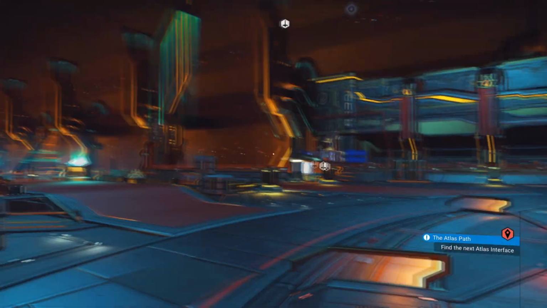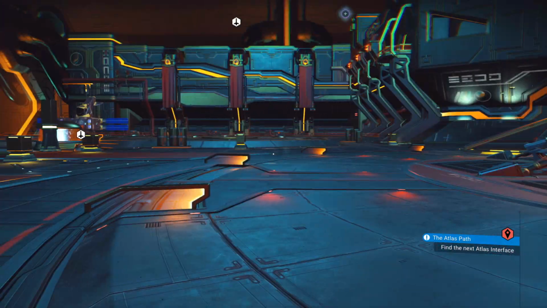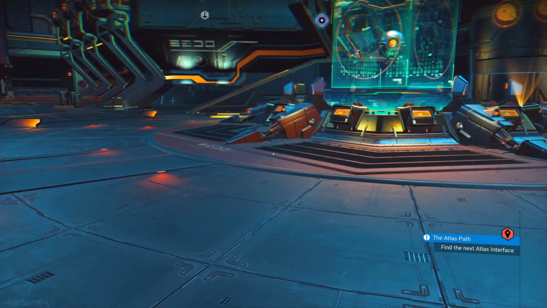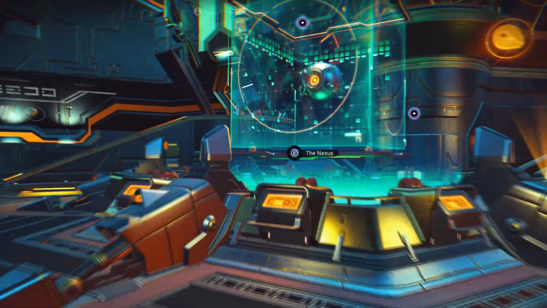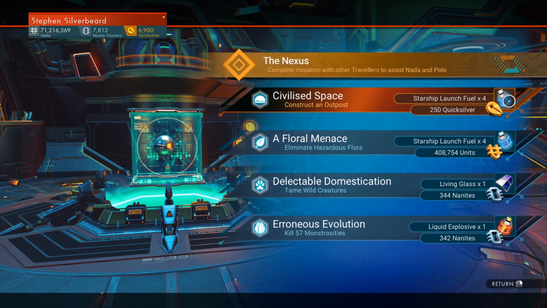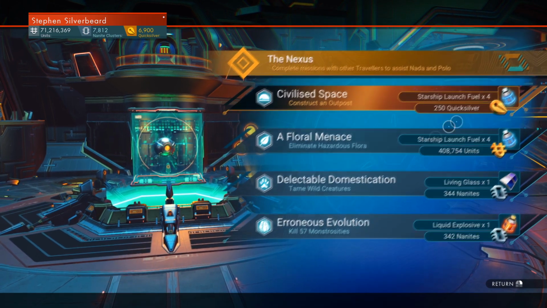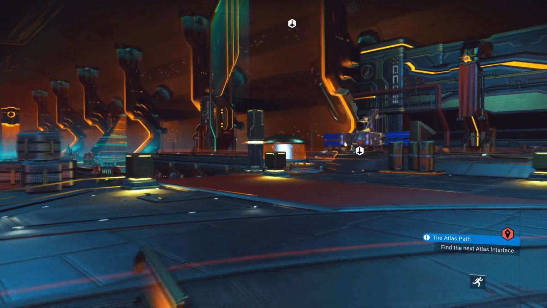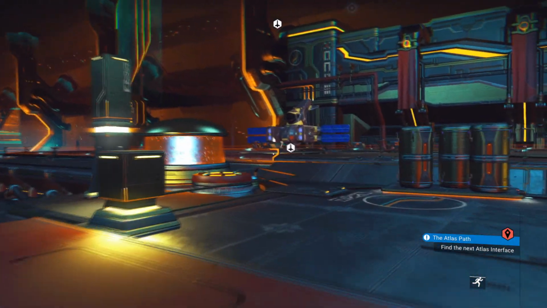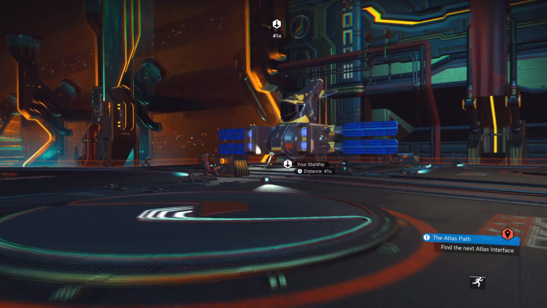And what I want to do in this part is just do some general exploration. I've got a moon that's a pretty good candidate for a base, so we're going to go down and check that. But first, I just want to have a quick look at the missions and see what we've got here. We've got ship launch fuel ×4. Liquid explosives. I was half hoping for some frigate tech. But, oh well, never mind. That's the way it goes. So we're just going to go here and...